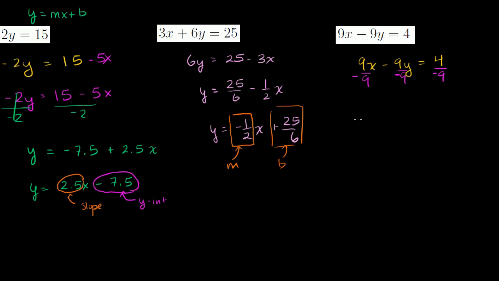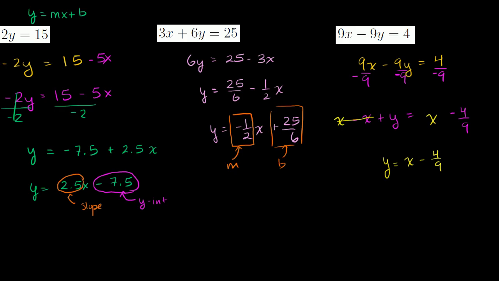So this first term will become negative x. The second term, we have a negative 9 divided by negative 9, will be a plus y. And then this last term will just become a negative 4 over 9. Now we want the x on the right-hand side. So let's add x to both sides of this equation. These cancel out, and then the equation becomes y is equal to x minus 4